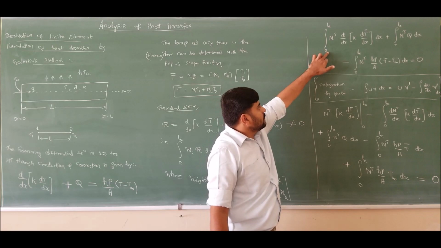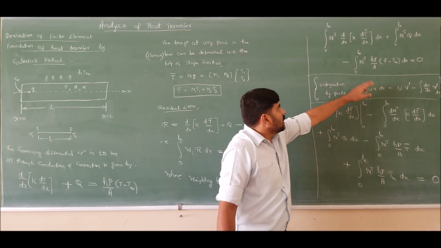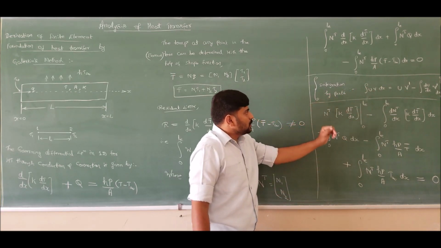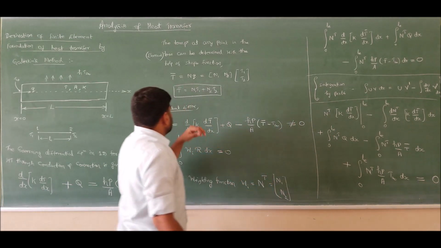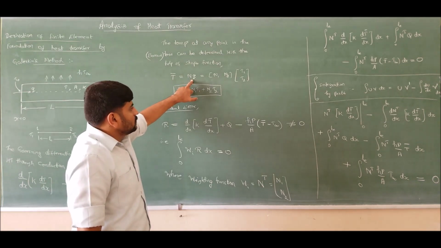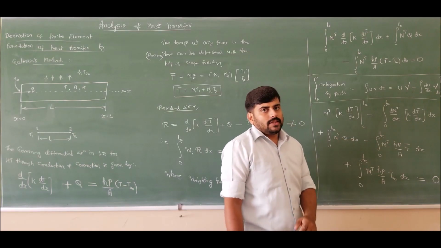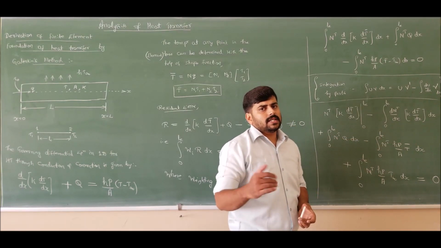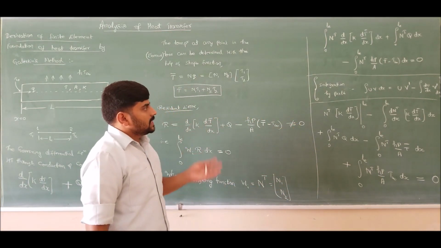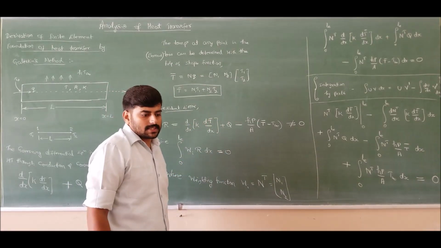The first term is simplified with the help of integration by parts, and for the last third term I just multiplied inside the brackets. So now substituting the corresponding values, where T prime is nothing but N into q, and dN by dx is already known. The differentiation of the shape function is nothing but the strain displacement matrix. So therefore, substituting the corresponding values of shape function and strain displacement matrix, the further simplification of this equation will yield us,